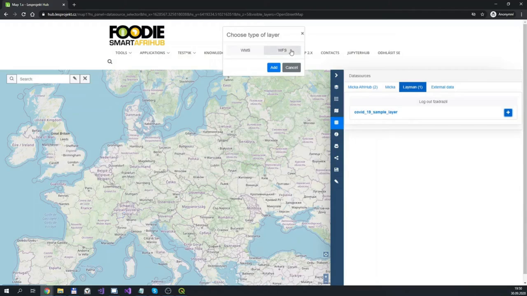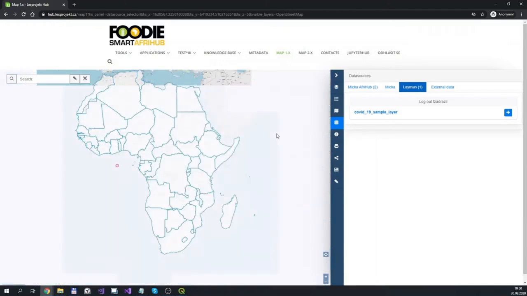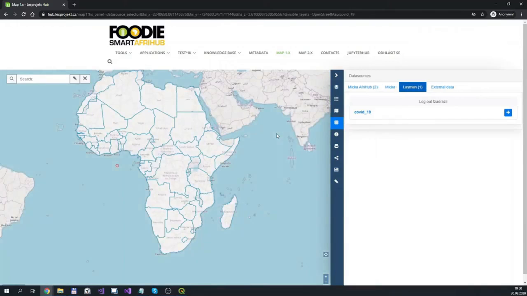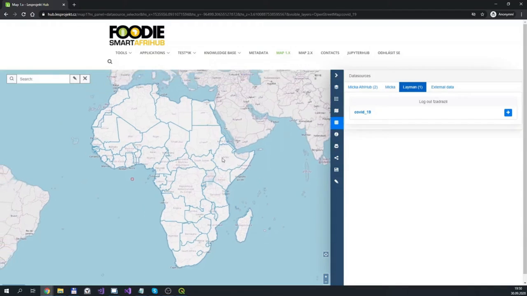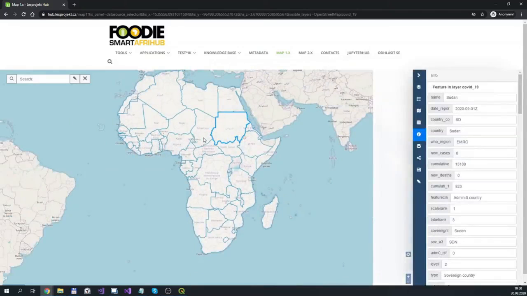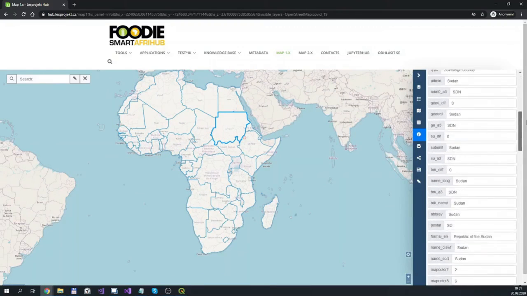For the sake of the rest of the presentation, I will select WFS because this one is editable. So add this one, and here we go. We can even identify now the polygons and browse through the attributes of the layer.